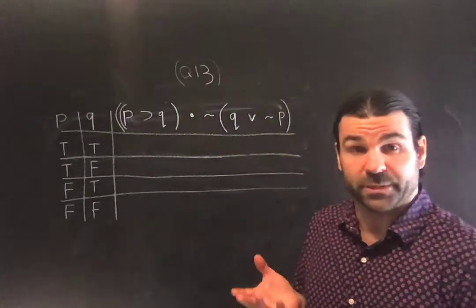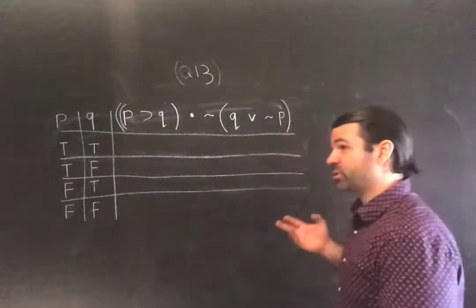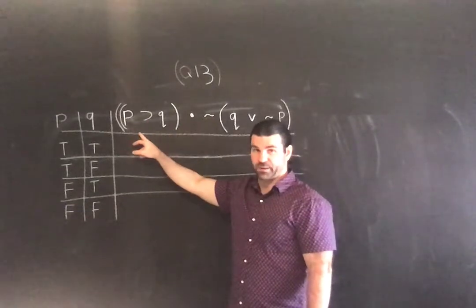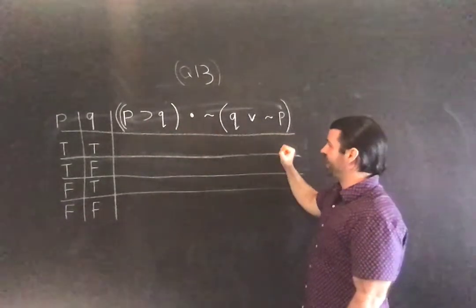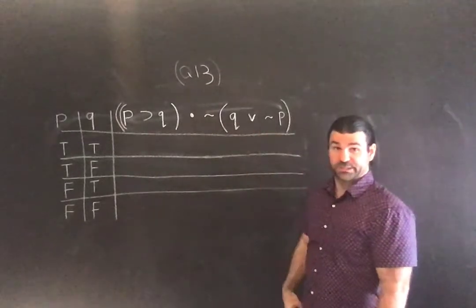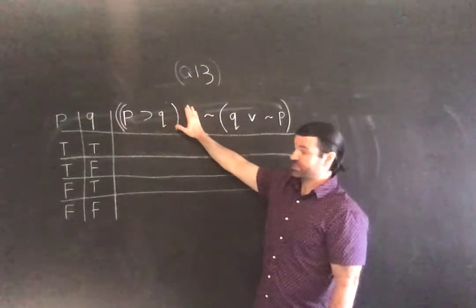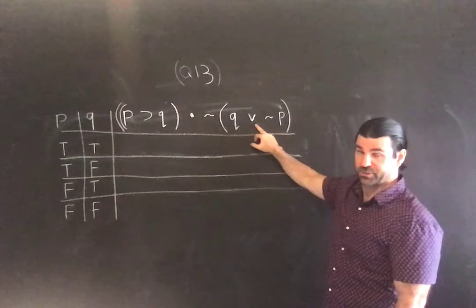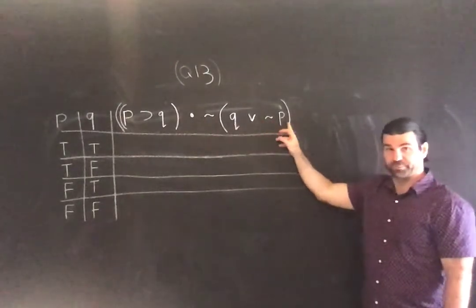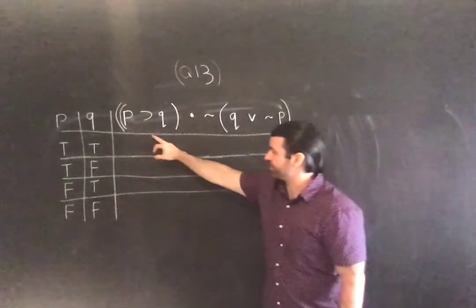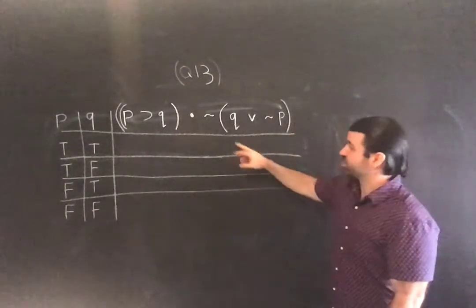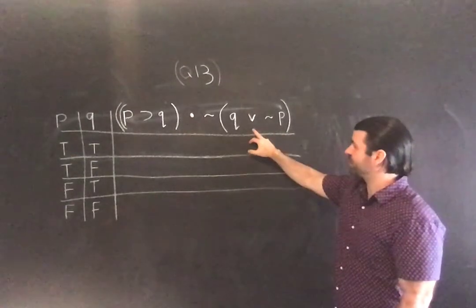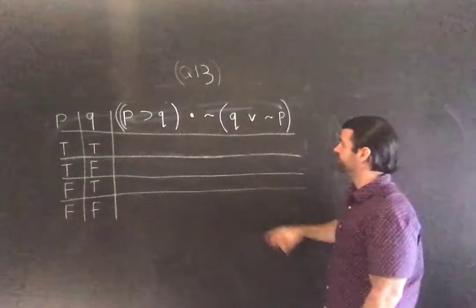Okay, so which column is that going to be? What's the major operator? Major operator of this is the conjunction. It's a conjunction of P or Q, if P then Q, and what? This second conjunct is itself quite complex. What is it? It is a negation of the disjunction of Q and not P. So I have to work out this conjunct, and then to work out this conjunct, I'm going to have to work out not P, in order to work out Q or not P, and then finally,